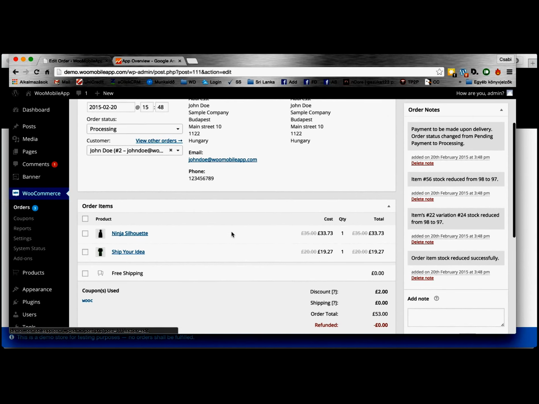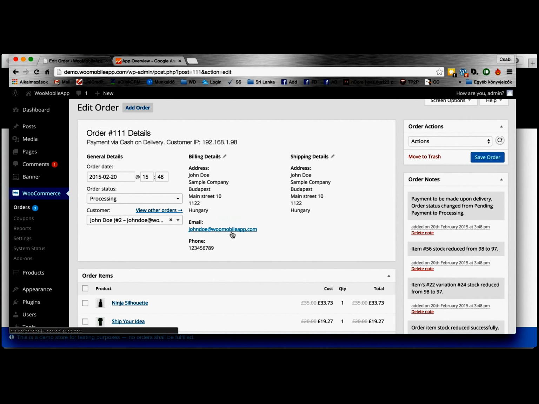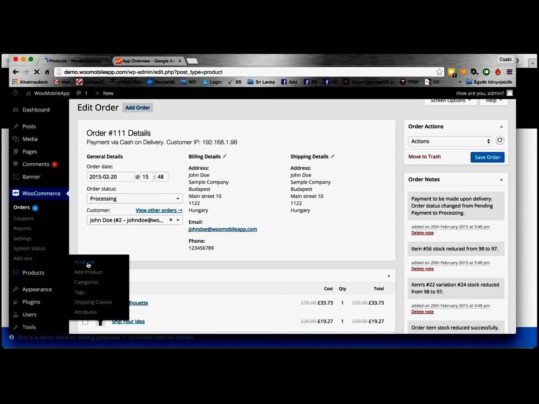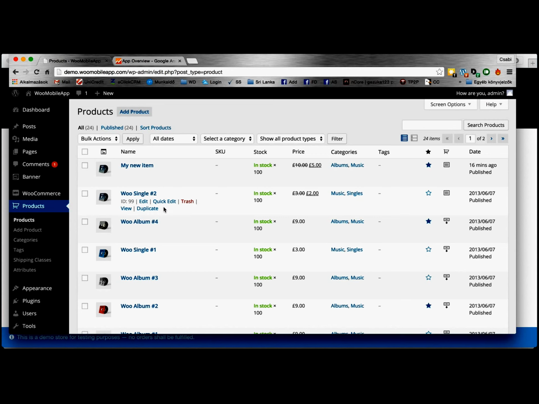Finally, I want to show you some more features. All product changes show in the application because of the dedicated plugin. Now I will create a new product by copying a previous one, and after that I will show you the new product showing up in the application.